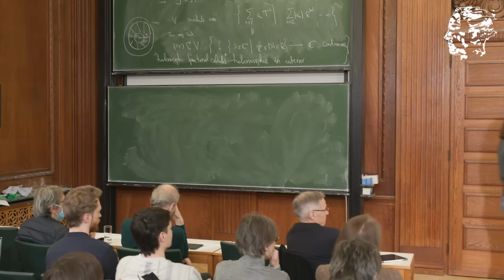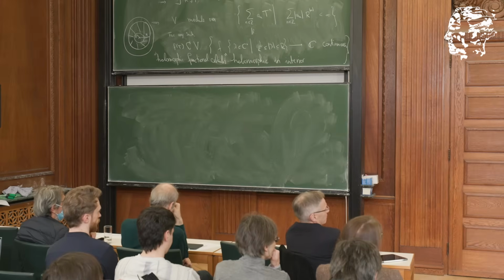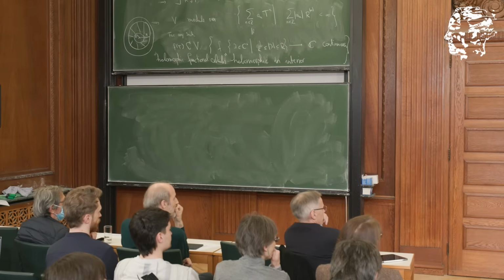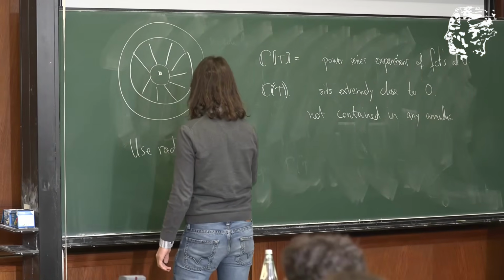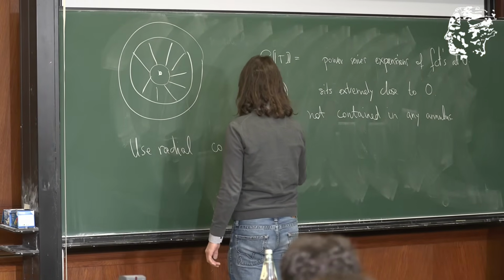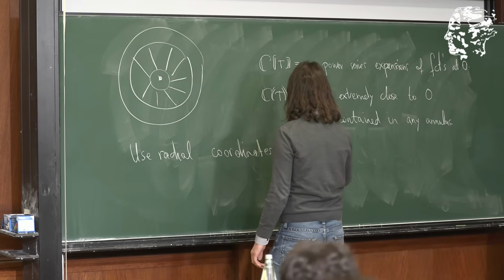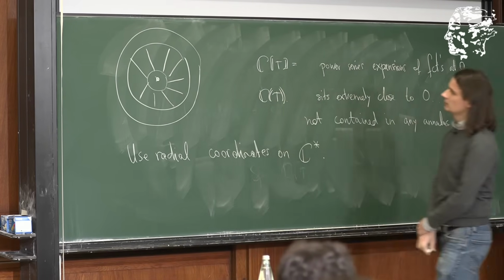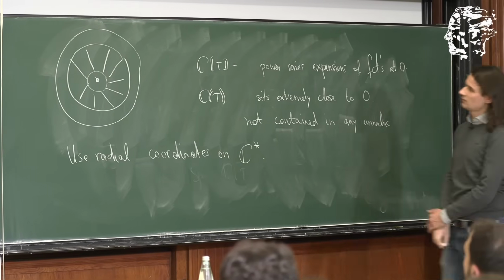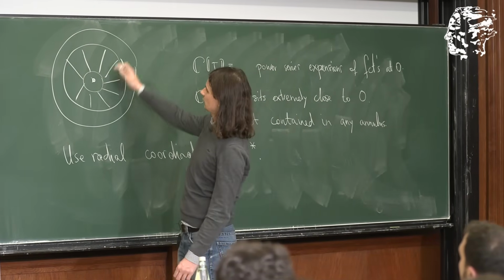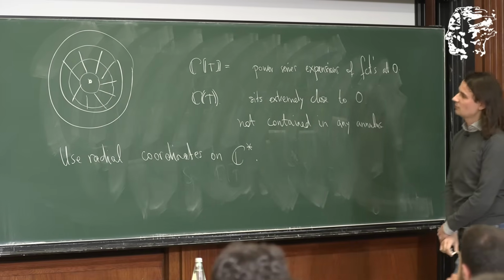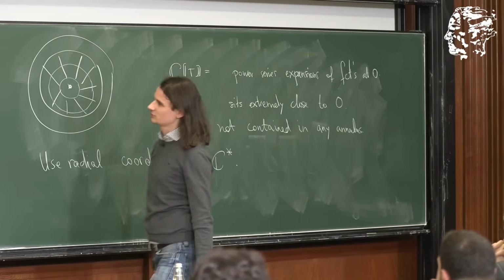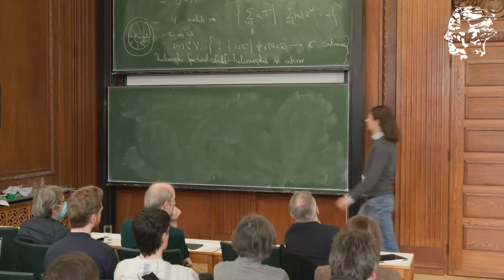But if we slightly change our perspective, and I kind of already did when I was talking about these annuli so much, let me use radial coordinates on C star. And let's first just try to achieve a decomposition according to radius, where we somehow group together everything that lives on a circle. Then we might think that there's somehow still some kind of boundary circle near 0, and this indeed happens. So for any